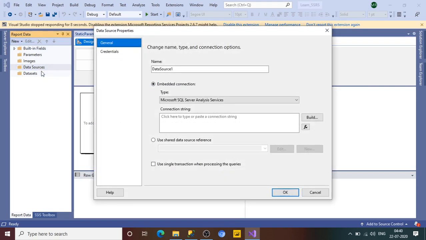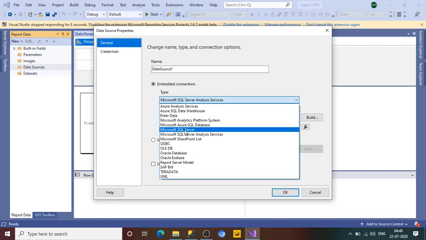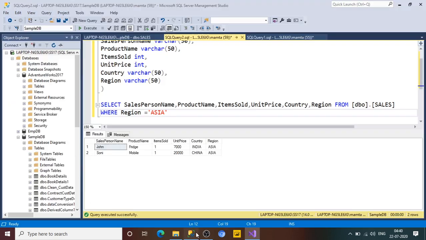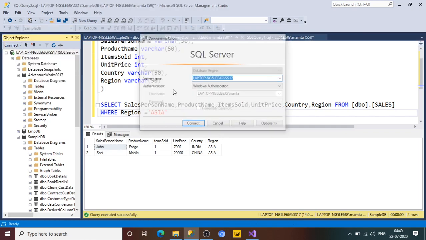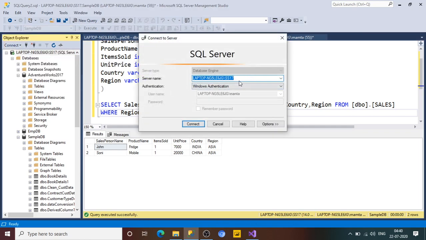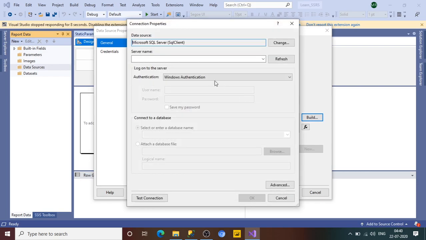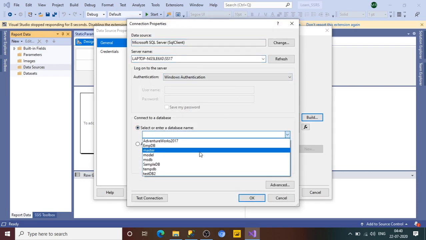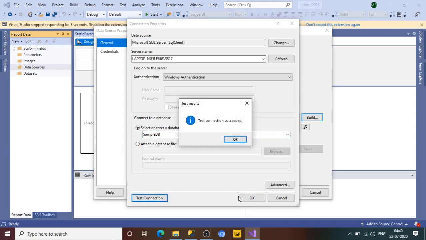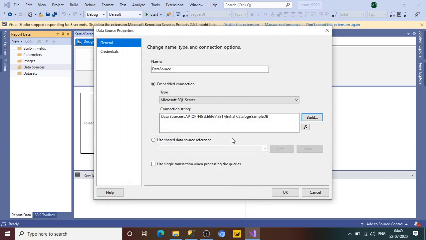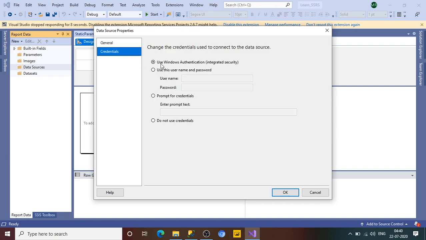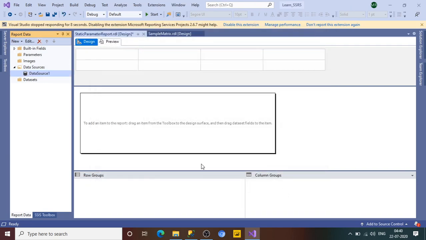Now just go quickly and create a data source, and this data source is nothing but SQL Server here. The provider is SQL Server. Server name, just copy this. I'm not going to explain how we can create the connection string, because I have given this information a ton of times in my previous sessions. This way we can connect to your database. So the connection string has been done. Credentials is Windows authentication, which is fine.